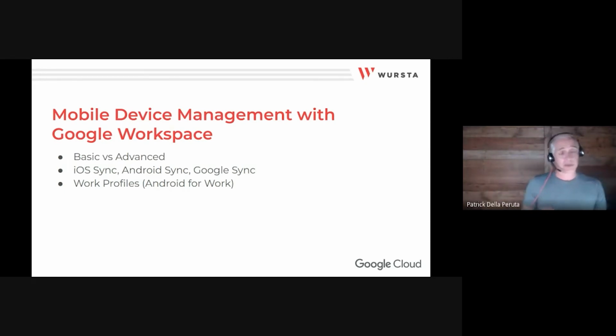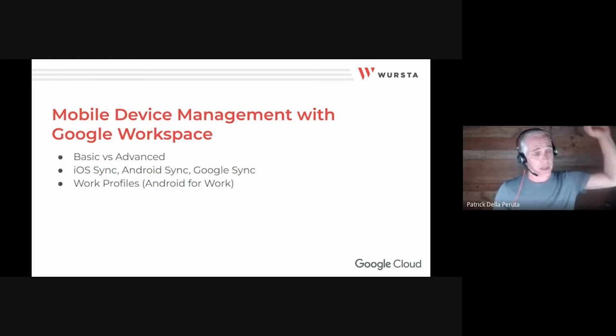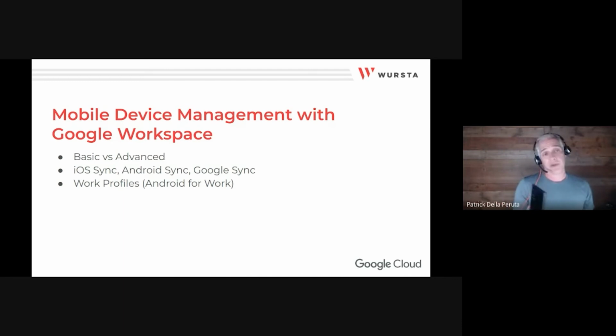I install my Worksta account. What's going to happen is, because of my curated app list, it's going to automatically install the applications that Worksta wants us to have. And for things like Gmail, because I have Gmail on my phone already, what will happen in my app tray is I will have 2 icons for Gmail. One that looks like the normal icon for my personal Gmail account, and I will now have a second